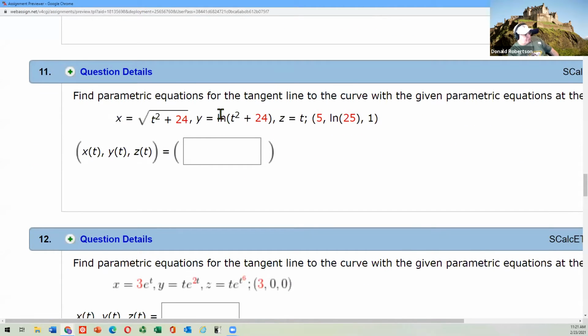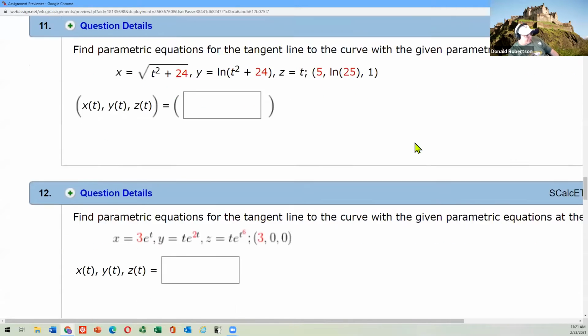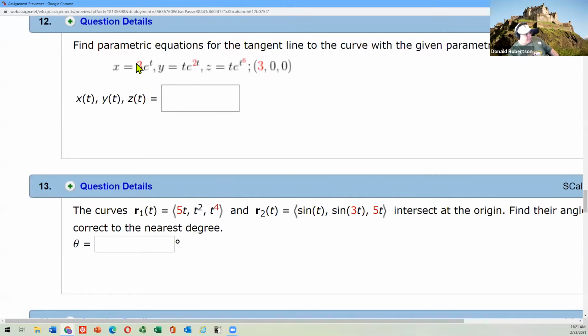This one is much similar, oh, different numbers, but isn't that very similar to the 11 I did a minute ago? So we'll skip that one. A whole load of t's, right? And e to the t's and all that good stuff. Can I tell you that t equals 0? Would you be able to do that? Simple derivative,